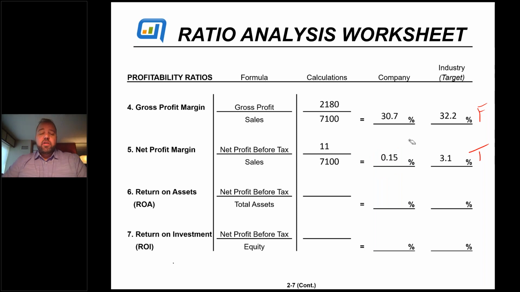Okay, return on assets is one that confuses a whole lot of people, right? Here's why it confuses people. They don't have any idea what it means, right? But there's only one reason to buy an asset. There's only one reason to buy anything in a company, and that's to generate revenue or generate profit. That's it. If you're not using it to do that, you don't need it in the company. It's only there to do it.